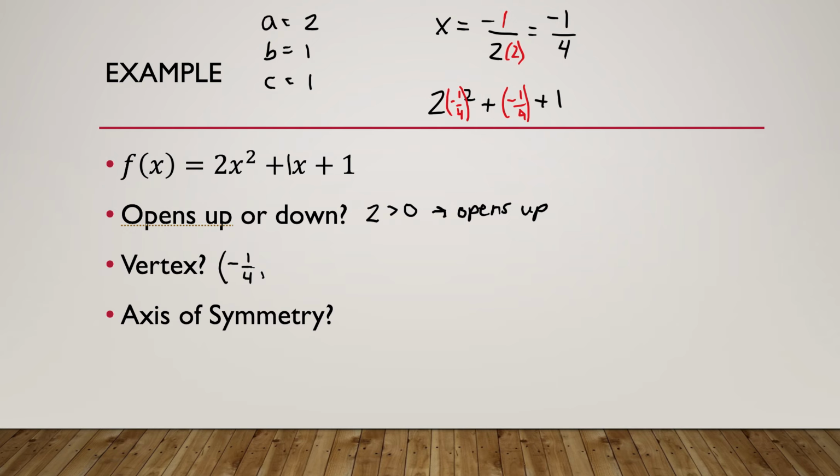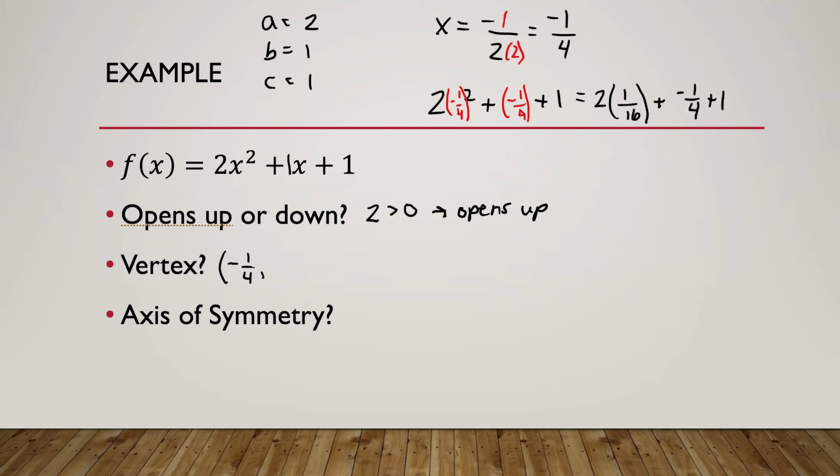Okay, let's simplify. So I'm going to do my power first. So the negative 1/4 squared is going to become positive. I'm going to square the 1, and I'm going to square the 4. And then I just have a negative 1/4